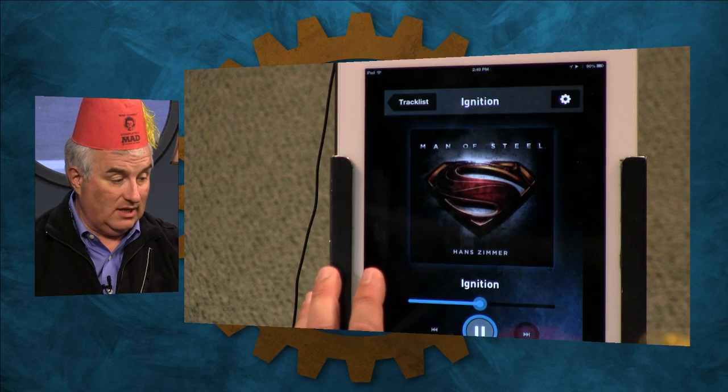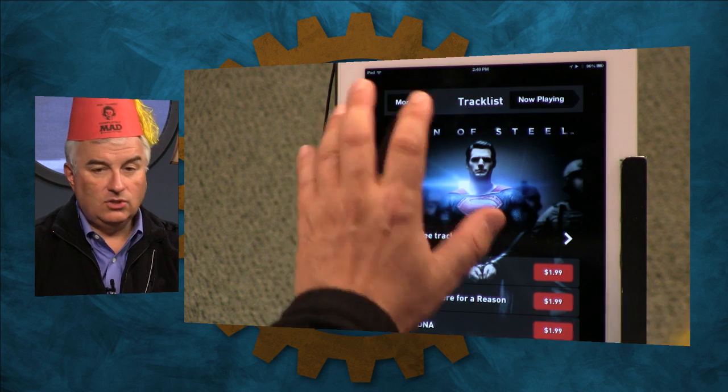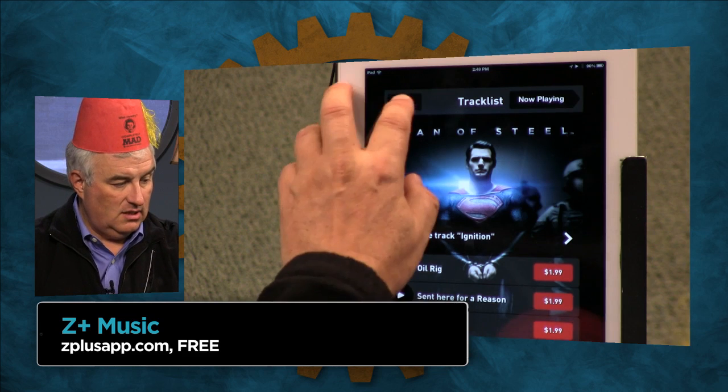It's really incredible, and I highly recommend this. And remind me the name of it, because when you search for Man of Steel, a few other things show up. So what you're looking for is Z+, the plus sign, Man of Steel, and